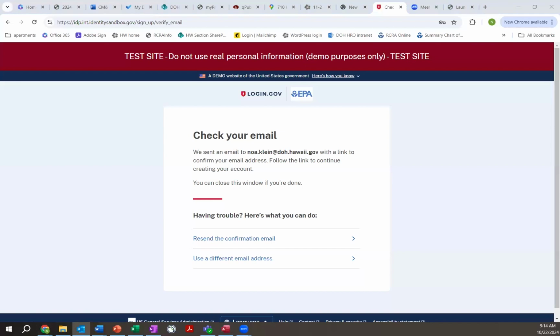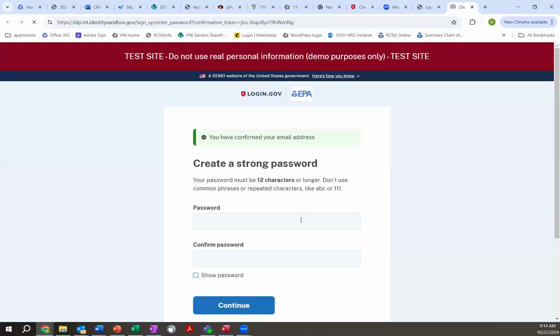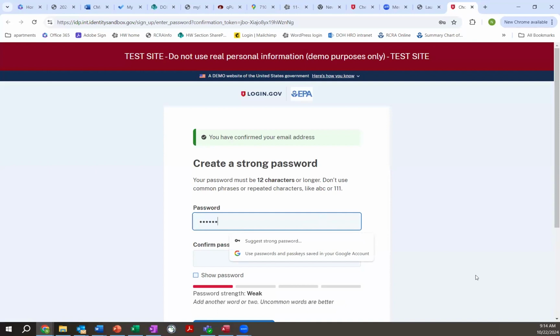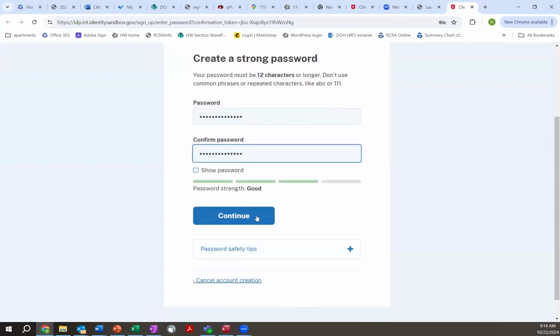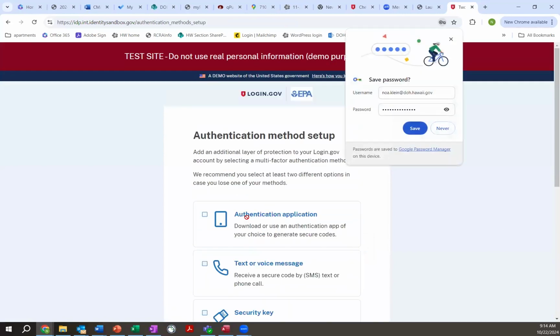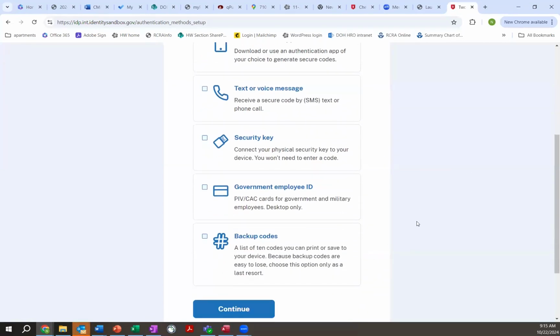I went and got my email and clicked on the confirm email address button in the email. Then you're going to have to set up a password. It does require certain things to be a quote unquote strong password. Then you'll have to set up multi-factor authentication. It gives you a few different options for how to do that.